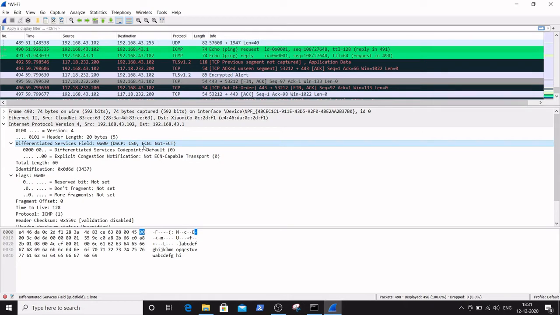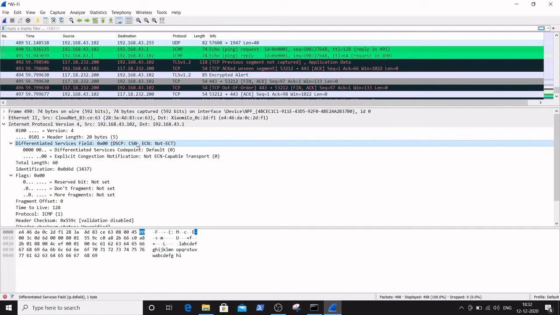Bits 0 to 2 are called precedence, and bit 3 equal to 0 is a normal delay, and 1 is low delay. So these are the in-depth differentiated services fields.